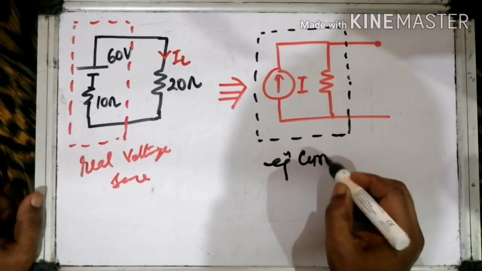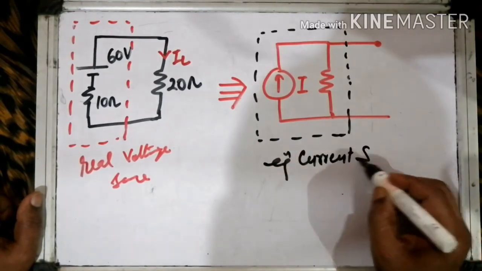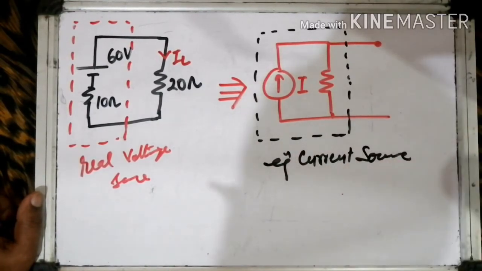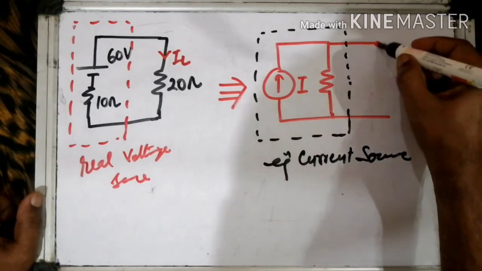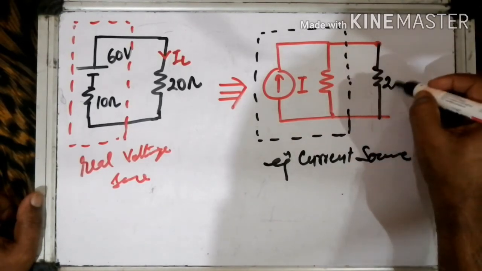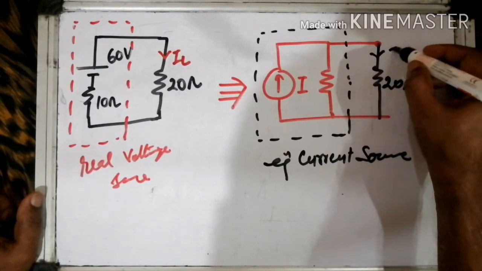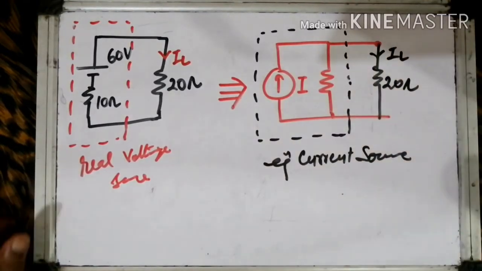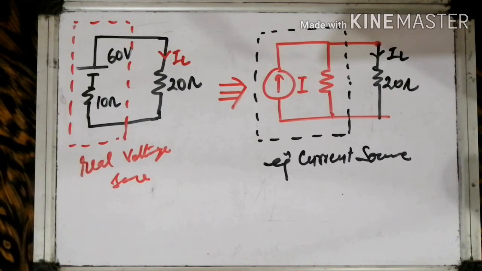The value of load resistor is 20 ohm. Our task is to calculate the current through the 20 ohm by converting this real voltage source into an equivalent